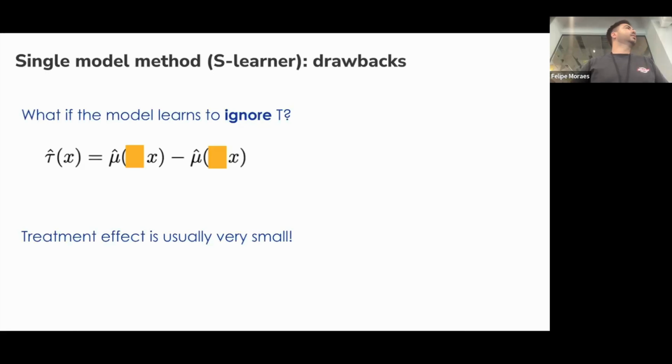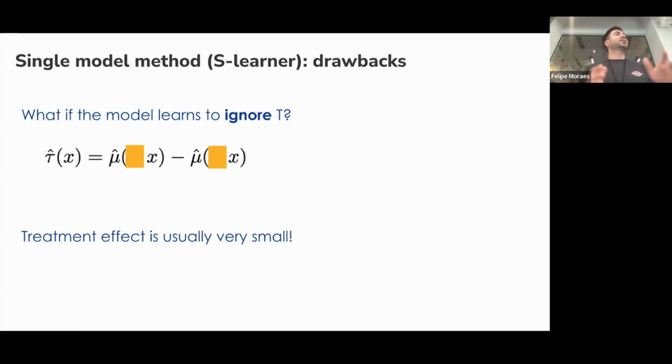Any questions here? No? Yeah. Good question. As I mentioned, the two have drawbacks, right? The S-learner is good if your treatment has an effect that is detectable, and you don't have a lot of imbalance in your data.